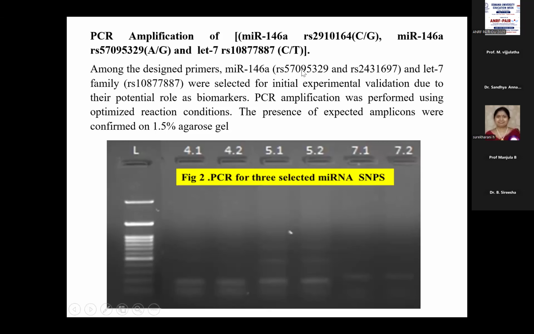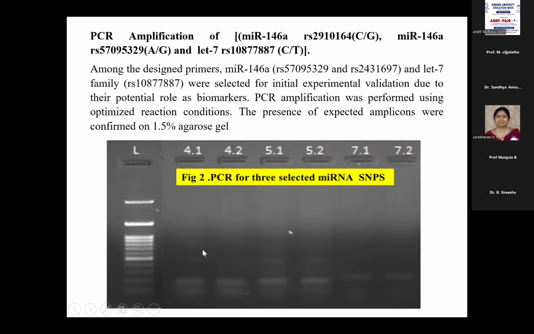These are the RS numbers: RS5709539 and RS2431697. And another important miRNA, the let-7 family. We have chosen this particular SNP, RS108778887. For the initial experimental validation, we did the PCR amplification, and we